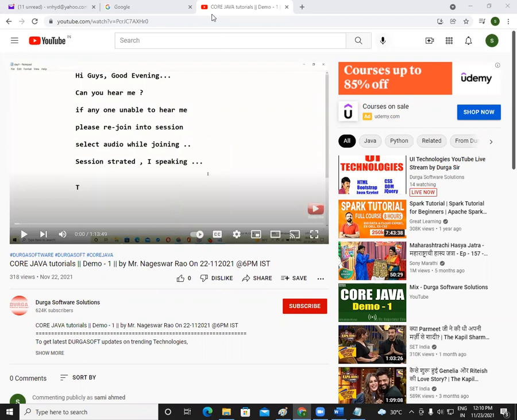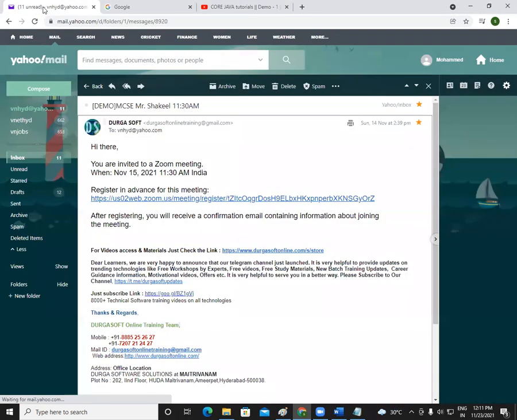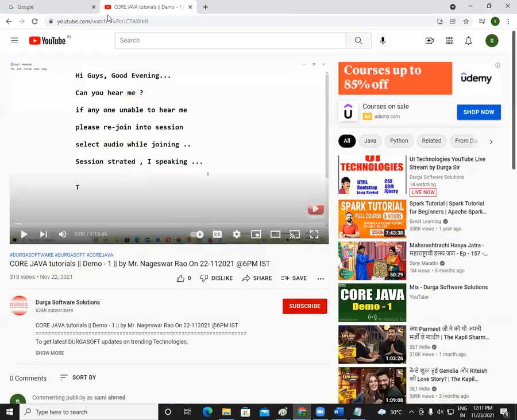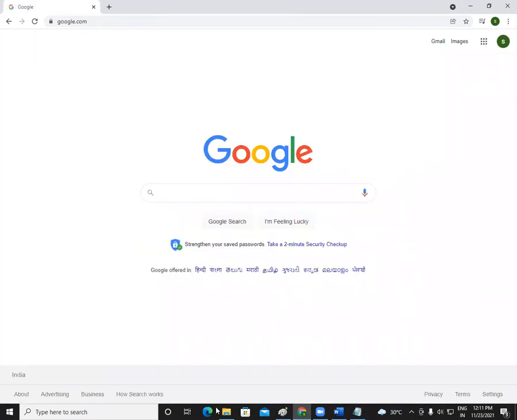If you're not downloading, like suppose if you just say close. If you just close this particular website here, I'm saying close here, and this also I'm saying close. So once you close this, it has been deleted from your machine. No, it is not available. It was running from RAM and you have closed it, so it will be erased from your RAM. Now you will not find that particular video in your hard disk. But once you download, then it will be available in your hard disk.